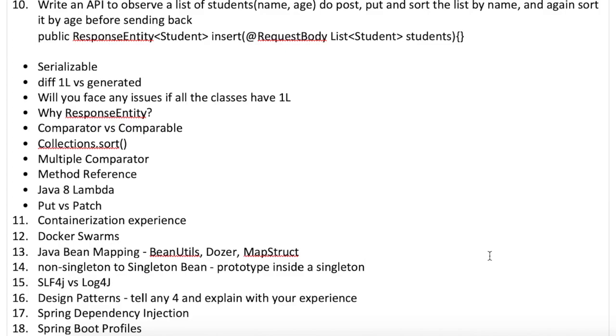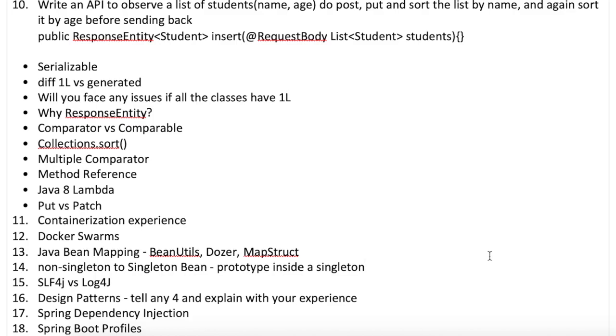So if you use these frameworks, you can just write one line. It's pretty cool when you use BeanUtils or MapStruct. You just have to write one line, and you give the target object and the object from which you will move the values to the target object. So take a look at that. If you don't know about that, it's pretty cool. You can actually suggest using it in a project.